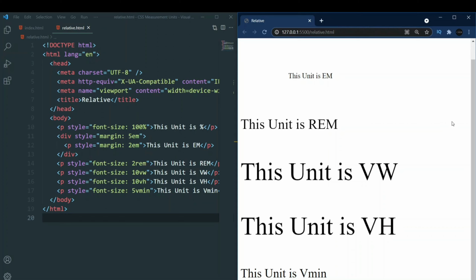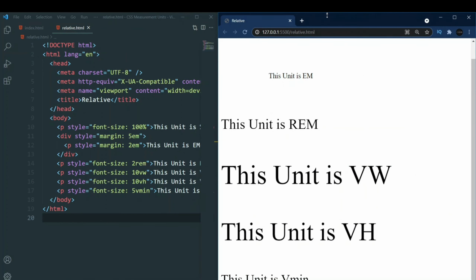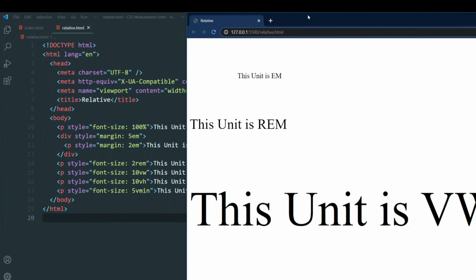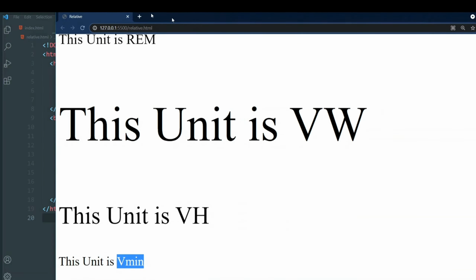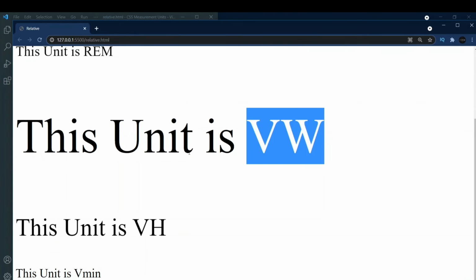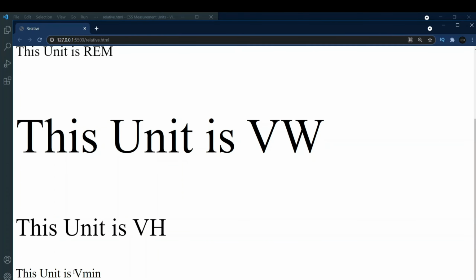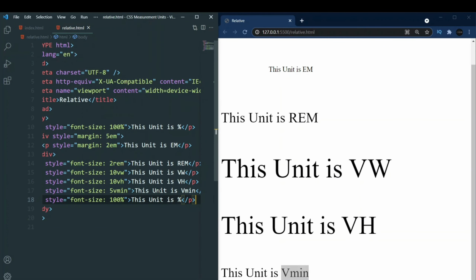Do you get it? So let's say our width of the screen is bigger than our height. Our width is something like this, and our height is a lot smaller. In this case, our view width has increased and our view height has decreased, but when your width is bigger and your height is smaller, your 1 vmin is equal to 1 VW. So whichever is smaller among VW or VH, vmin will choose. And in the same way, we have one more, such as vmax. So let's say 5 vmax.